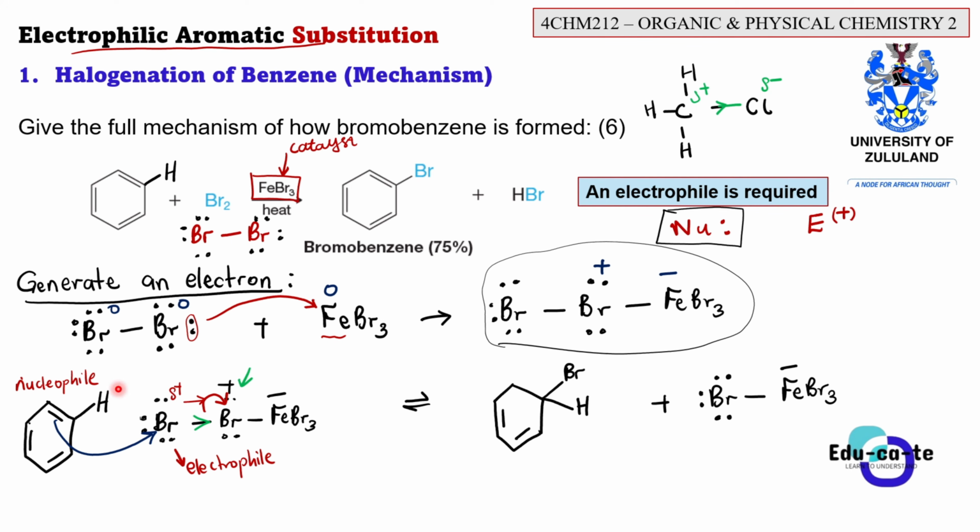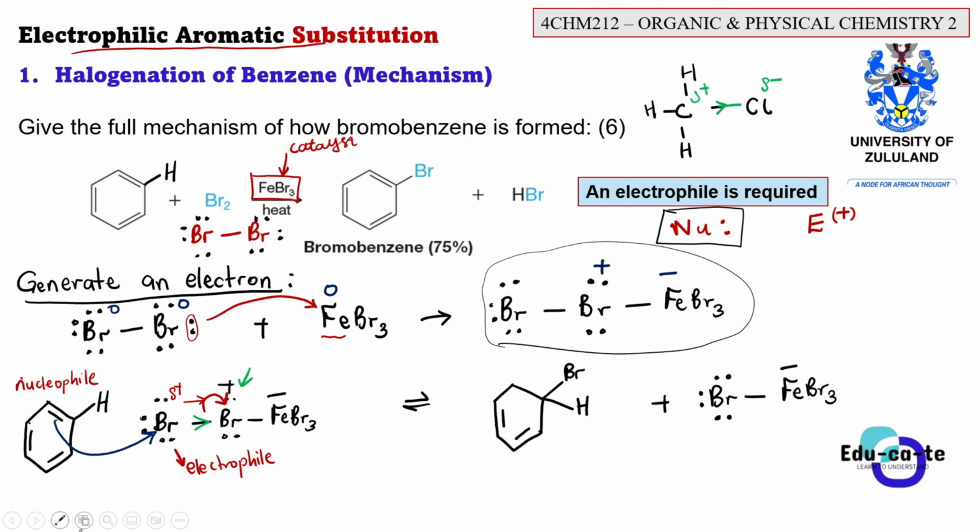Remember here it had 4 lone pairs of electrons. This bromine had 1, 2, 3, 4. Bromine cannot have 4 lone pairs of electrons. It needs to have 6 of them so that it is fully neutral. Just like in the first case, each and every bromine atom was having 6 lone pairs of electrons. That's why it was neutral. Similarly here, this bromine is positively charged because it has 4 lone pairs of electrons. It must have 6 of them, right? So the moment it gains the electrons from this bond that is broken, it will now be neutral.